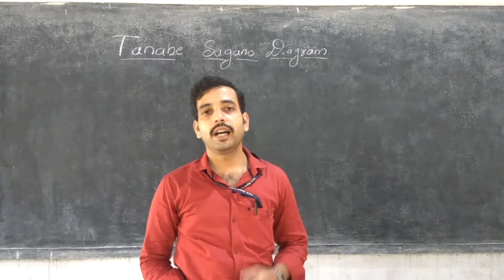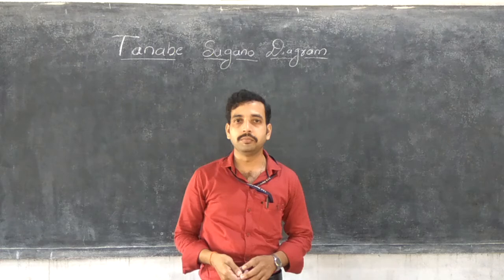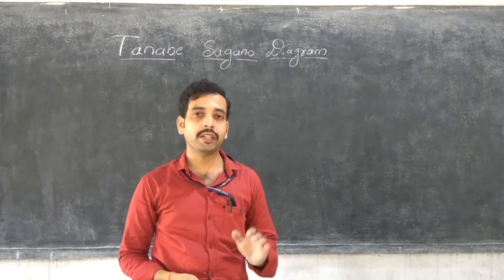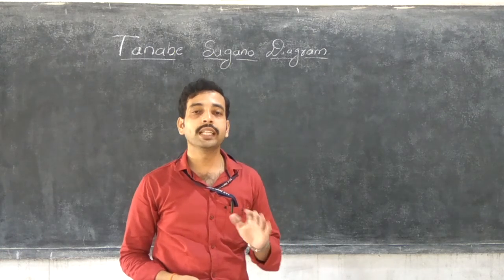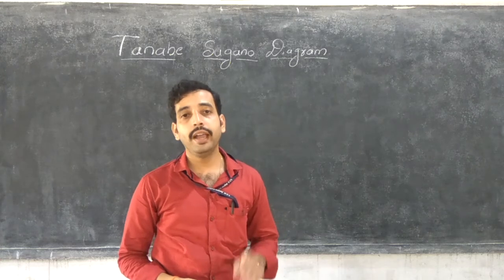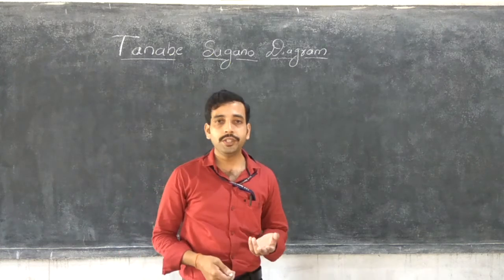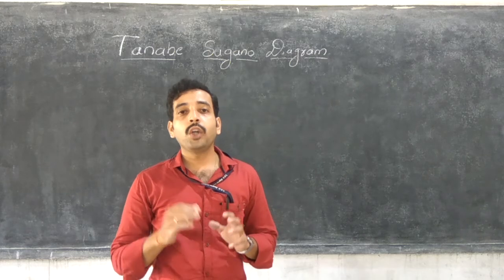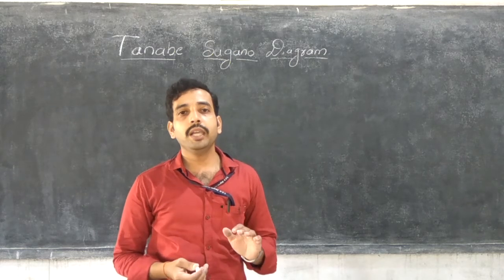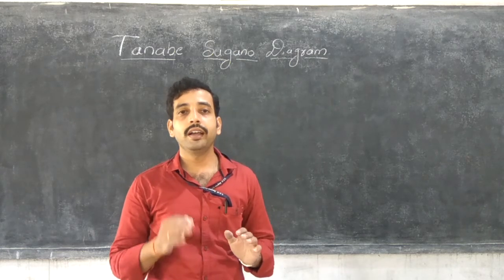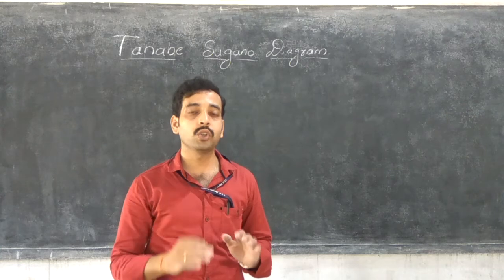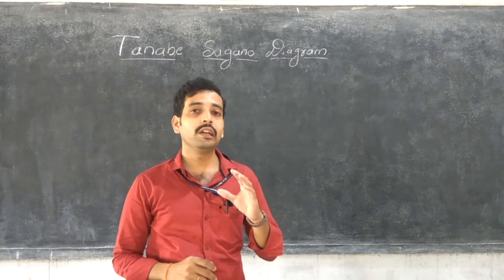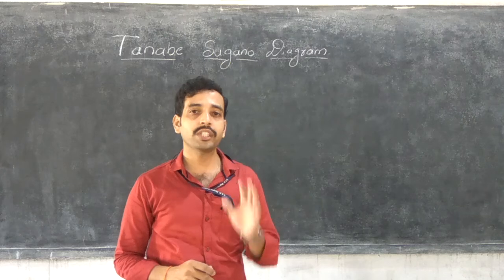In last class, I started the Tanabe-Sugano diagram. Tanabe-Sugano diagram means interpretation of electronic spectra of both high spin as well as low spin complexes, and it applies for qualitative as well as quantitative analysis. But the Orgel diagram is only applicable for high spin cases and as qualitative analysis, not for quantitative analysis. That's why it's a very important diagram to interpret the electronic spectra.